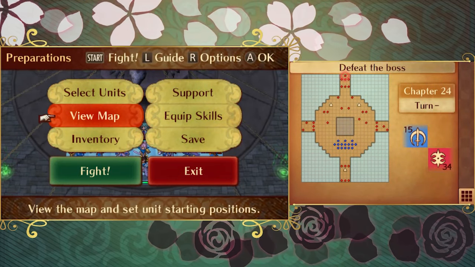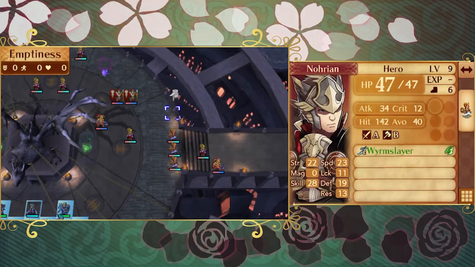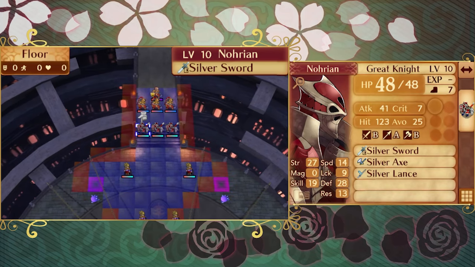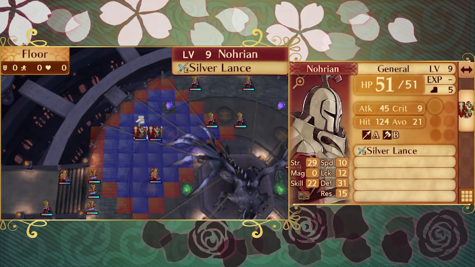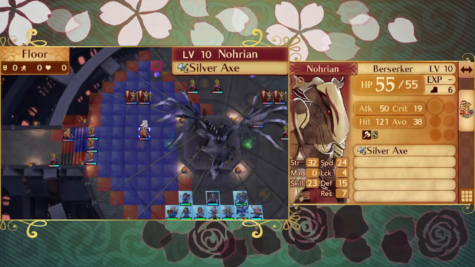This map is where we finally start to gain somewhat of a real amount of experience from defeating enemies again. There are generals and great knights everywhere, so it's a good idea to bring things like the hammer, armor slayer, and sting shuriken. There's also a lot of heroes and a few berserkers, but those aren't too threatening on this